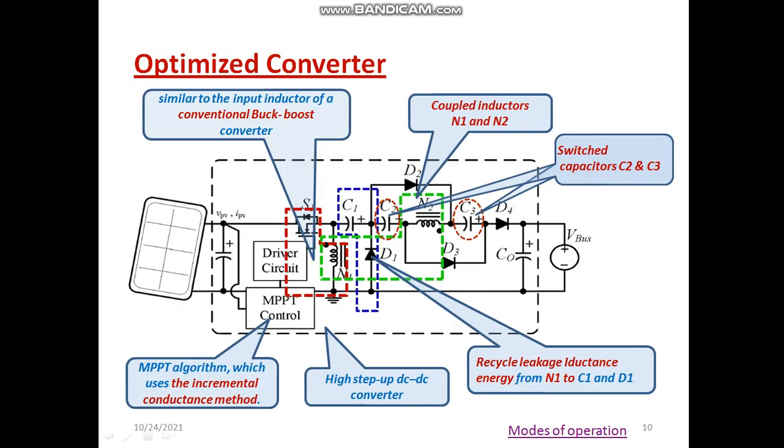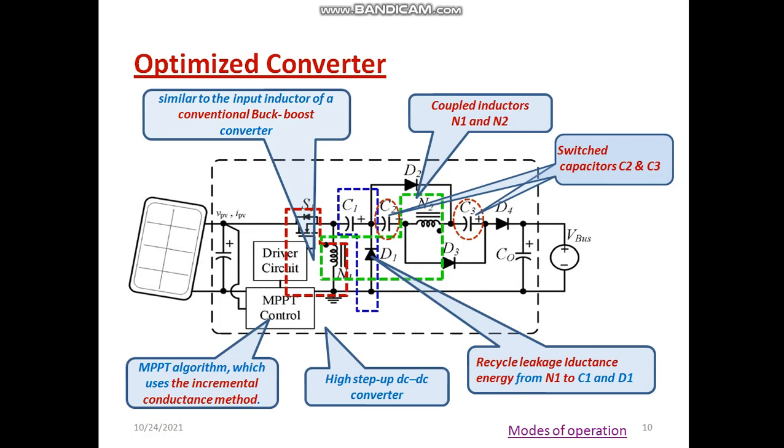And you can see the converter circuit. The converter comprises mainly the coupled inductors. N1 and N2 represent the coupled inductor. C1, C2, C3 are the capacitors. Of these, C2 and C3 are called switched capacitors. And surely you can see an MPPT algorithm here. The PWM for the switch is given in terms of MPPT. There is a gate driver circuit. The output is given to the MOSFET switch. And here it signifies the importance of leakage inductance, which mainly increases the gain.